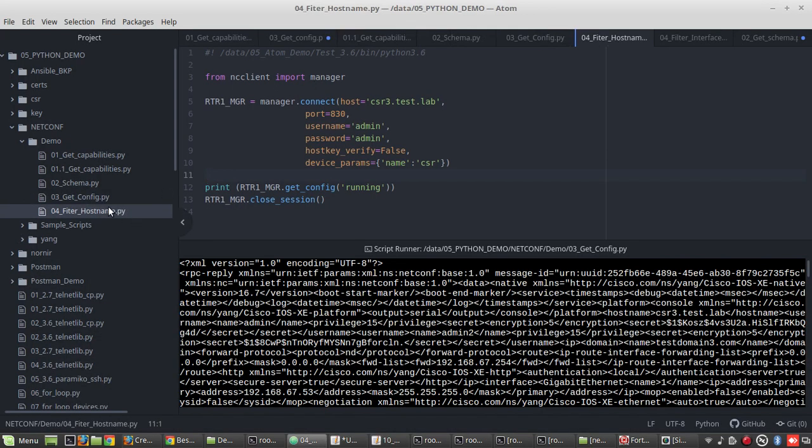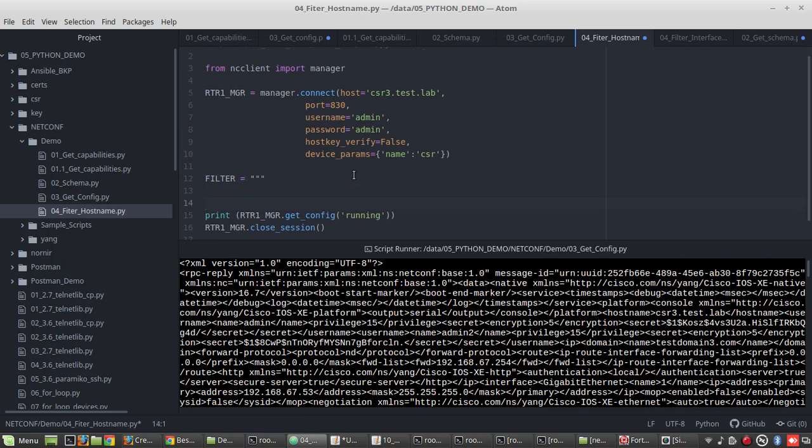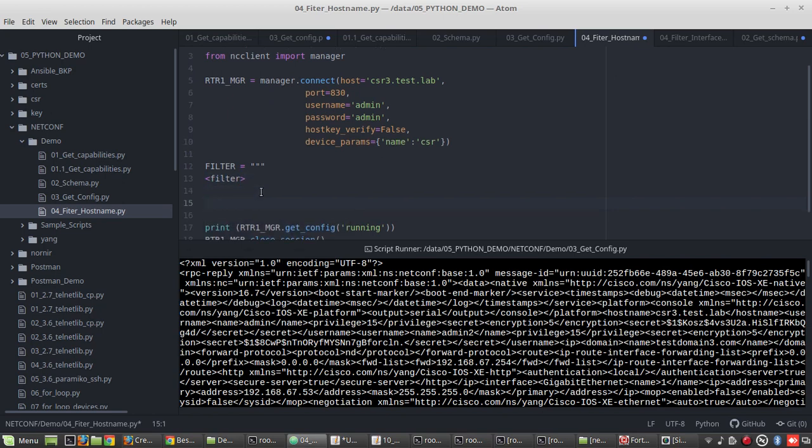Now in this code I'll create a filter equals, and I'll create a filter here. And inside that we need to give what needs to be filtered. The filter will be ending there.